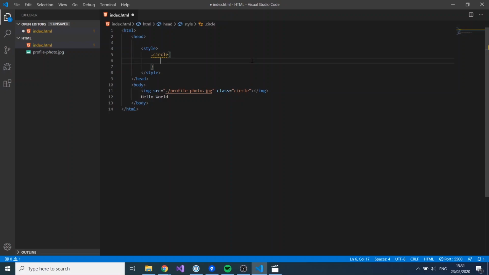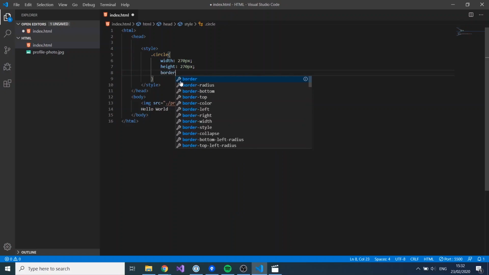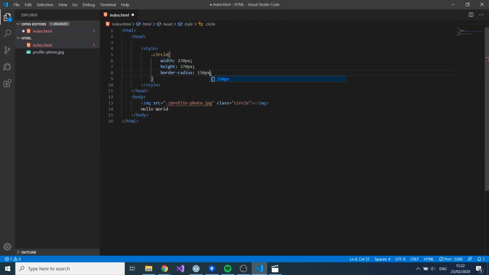Use enter, and then type in width. That's the width of the image. Then a height. It's 270 pixels. You're also going to put a border-radius. It's 150 pixels,